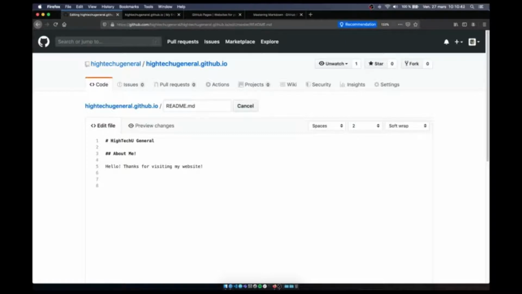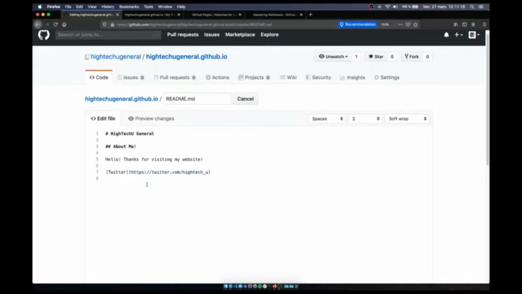And then, as we saw, you can make a link. To make a link, it's a square bracket and 2 parentheses. Inside the square brackets, we're going to have what people see. So we're going to write Twitter. And inside the parentheses, we're going to have the link. https://twitter.com/HighTechU. So awesome. You've made these changes, but if we go to our website,